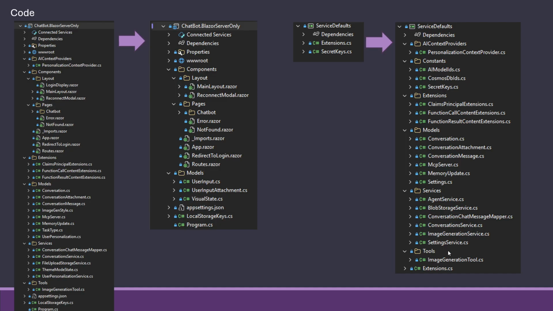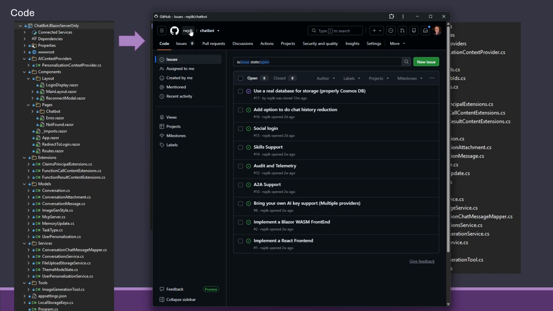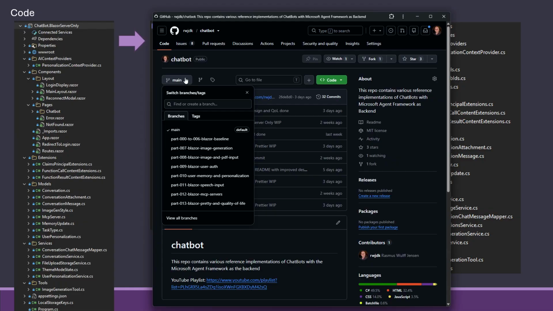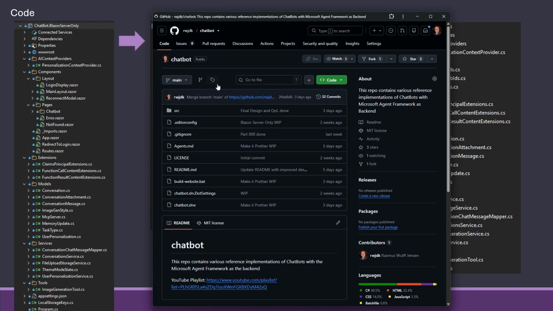If you want to see any of the details, of course, just go to the repo, RWJ Chatbot, and there you can go in and grab the code. And if you want to see previous sessions, they are in different branches. So it's not like you can't go back to some of the previous versions if you don't like being dependent on the cloud. You can still see the previous versions up there.